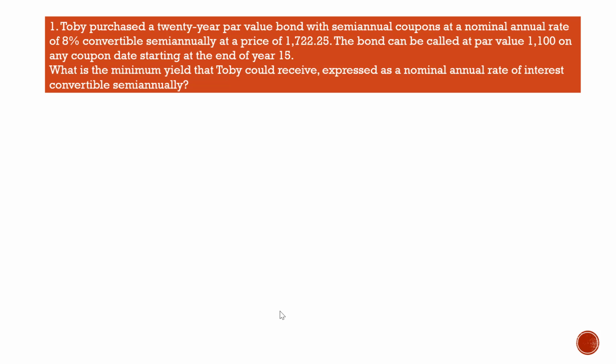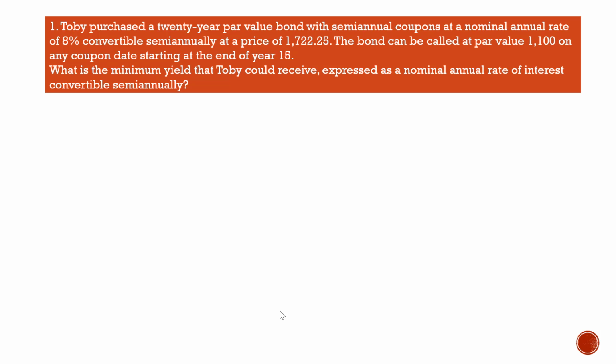First question, Toby purchased a 20 years par value bond with semi-annual coupons at a nominal annual rate of 8% convertible semi-annually at a price of $1,722.25. The bond can be called at par value $1,100 on any coupon date starting at the end of year 15. What is the minimum yield that Toby could receive, expressed as a nominal annual rate of interest